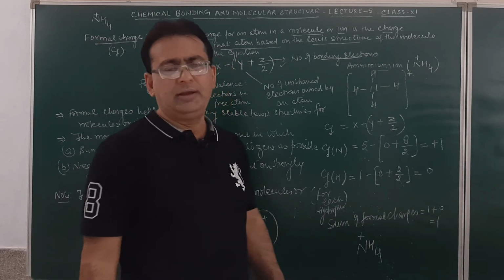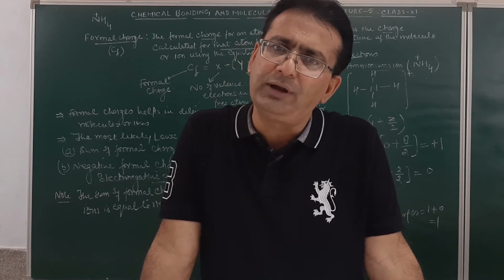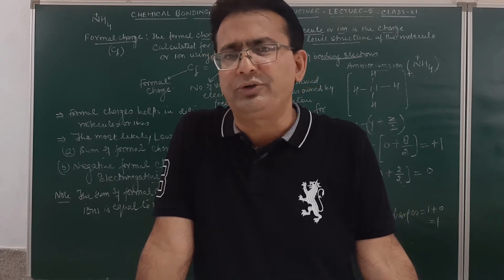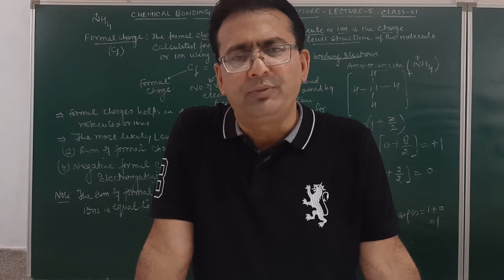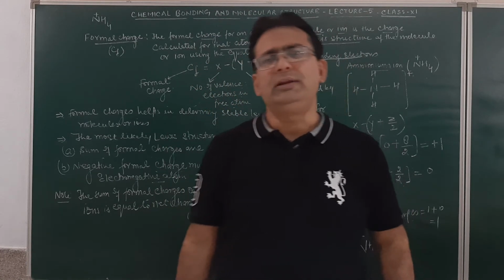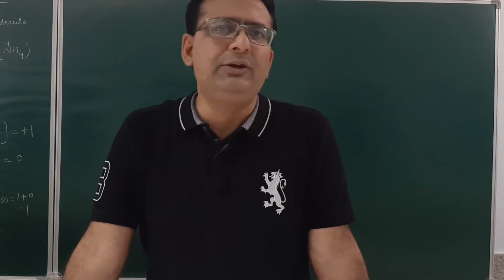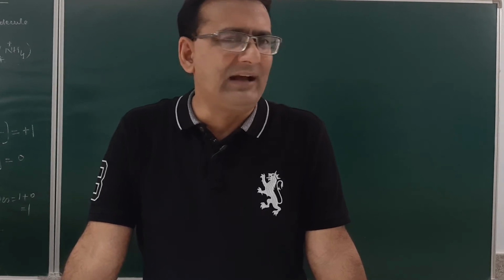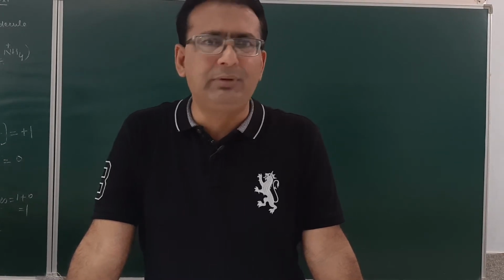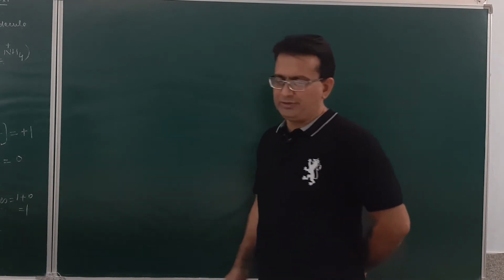The sum of the formal charges, as far as possible, must be nearer to 0, and the negative charge must be present on the electronegative atom. If that is done, that will help us to determine the stable Lewis dot structure for the molecule or the ion. I'll give one more example to explain formal charges, and in this example I will explain how we determine the correct or stable Lewis structure for a molecule with the help of formal charge.